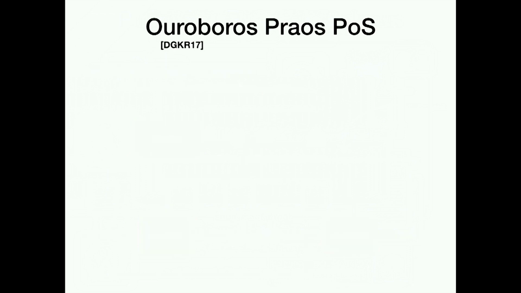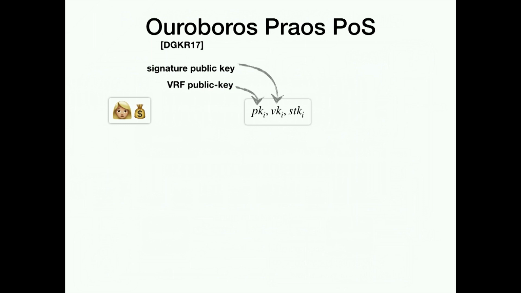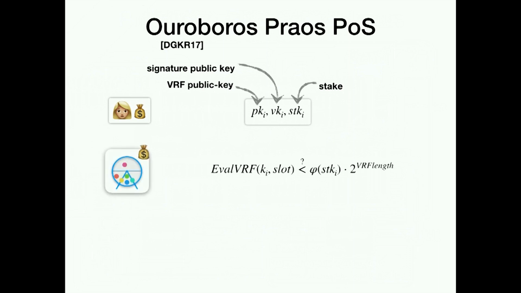So the Ouroboros lottery looks as follows. We have accounts. Alice has an account, and it's a well-known account. The account consists of the VRF public key, some signature public key, and of course the open stake, just a plain number. The lottery condition: when has Alice won the lottery? Well, that's this equation. We sample some randomness using the VRF and check that this is strictly smaller than a function of your stake times a scaling factor, which just makes sure that it's in the same